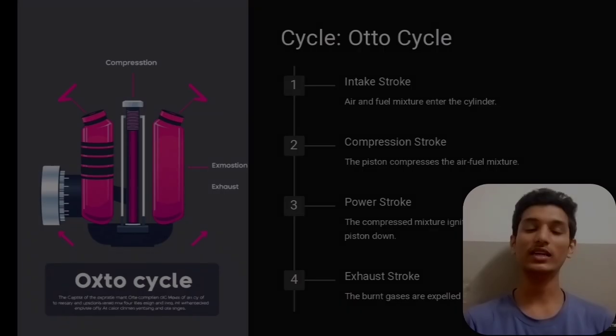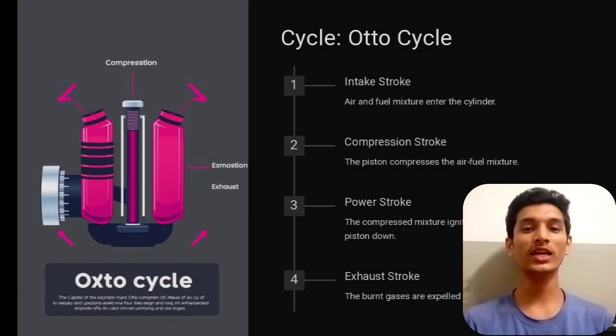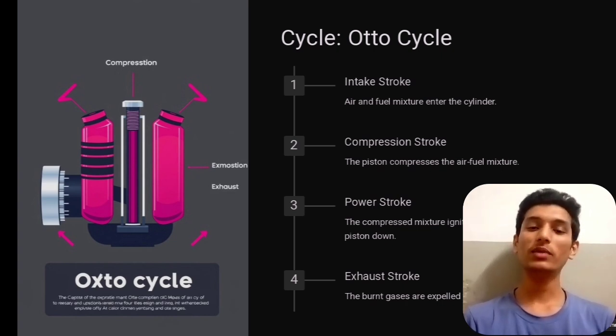Now speaking of its cycle, it works on the Otto cycle, a prominently known cycle for engines, as it consists of two diagrams. One is a PV diagram, that is a pressure and volume graph. The second one is a TS diagram, that is a temperature and entropy graph. Now elaborately speaking of the PV diagram, we can see that pressure is mounted on the x-axis, whereas on the y-axis we have volume. From point 0 to 1, we can see that the volume increases but the pressure remains constant. In terms of the cycle, it is called the intake phase of the cycle.